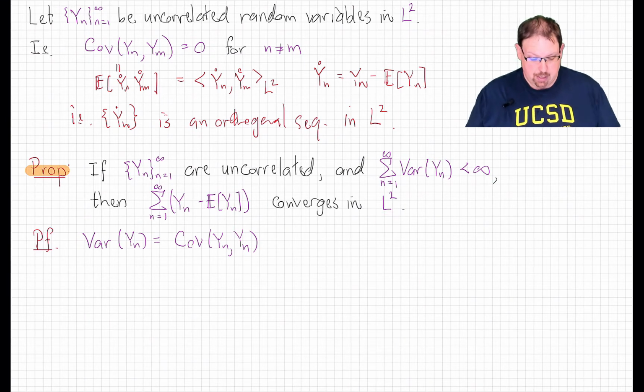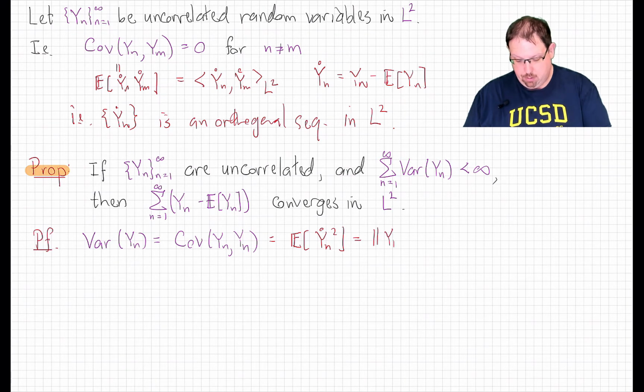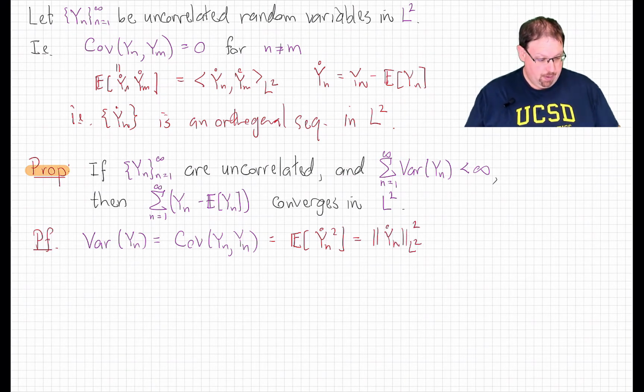Now that's just a statement of a standard completeness result for the Hilbert space L2, because the variance of a random variable yn, which is its covariance with itself, is the expected value of the square of the centered version, which is its inner product with itself, or the L2 norm squared of that centered random variable.